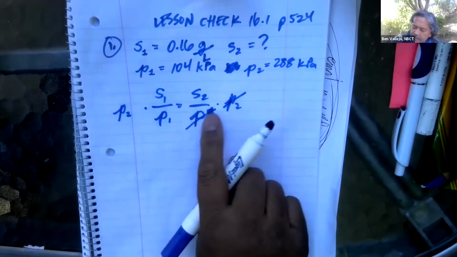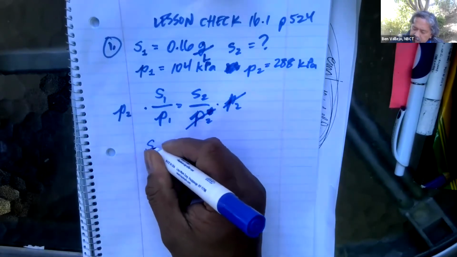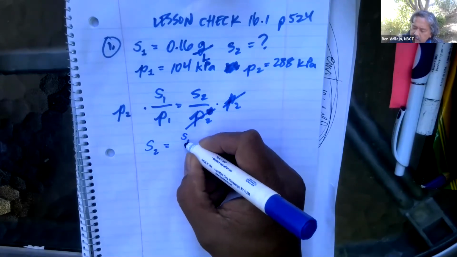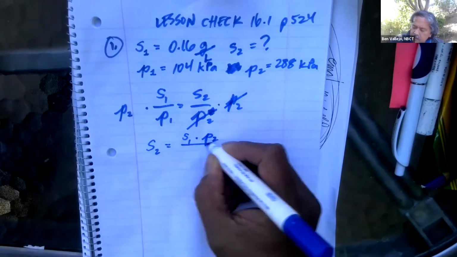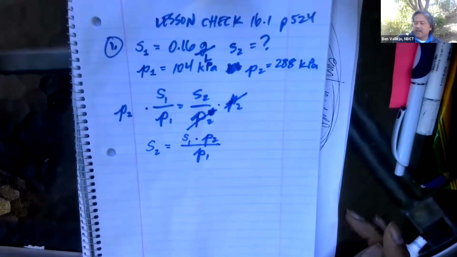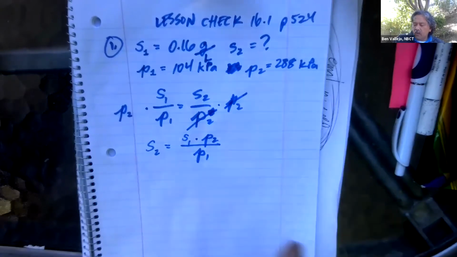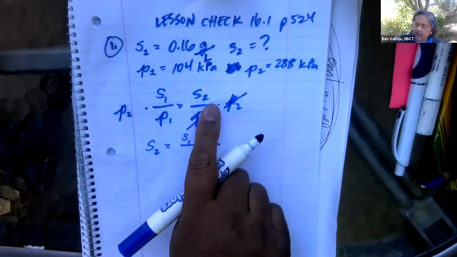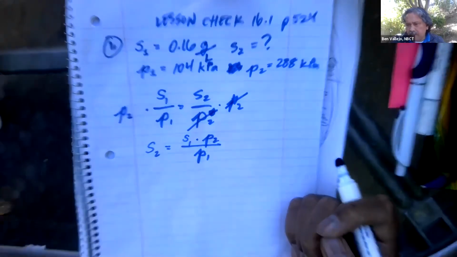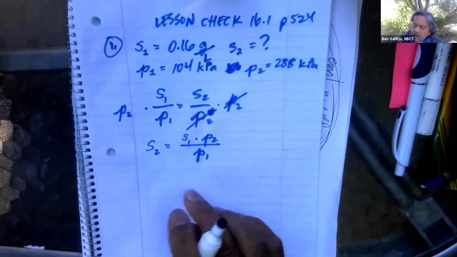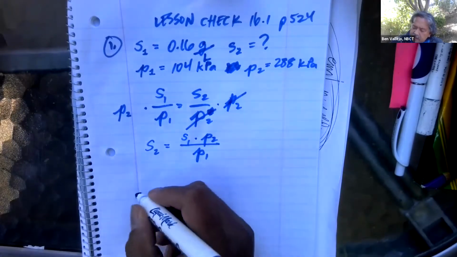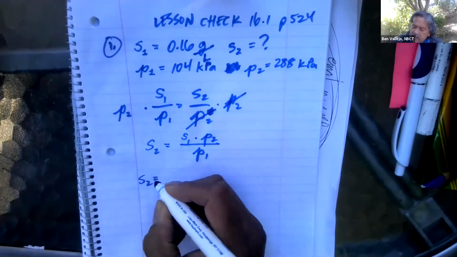So to clean this up, I'm going to say S2 is equal to S1 times P2 over P1. So that's just solving for this variable. Again, you have 4 things. They're going to give you 3 of them. You solve for the last one. That's almost all chemistry problems, something like that. So now it's just a matter of filling in. So I'm going to go over here and say S2 is equal to